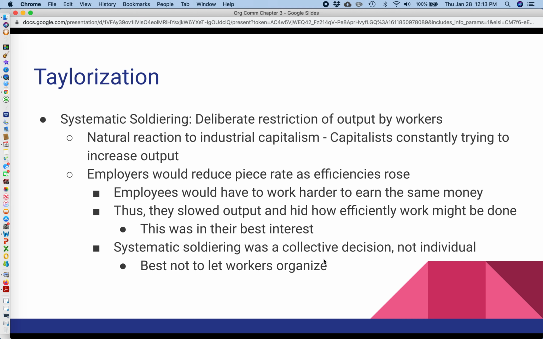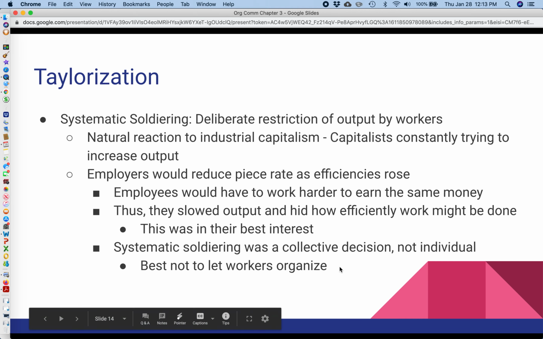And so as a result, a lot of employers looked at this and they said to themselves, "Man, we shouldn't let these people talk. We shouldn't let them get organized together, because if they do, they're going to try and screw us. It's in our best interest to have them not organize and not have the time to sit and meet and talk with one another," right?